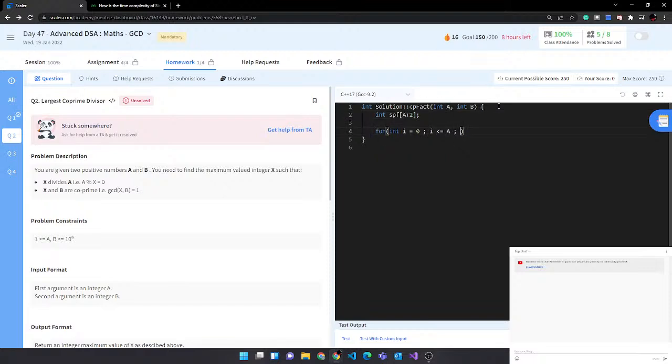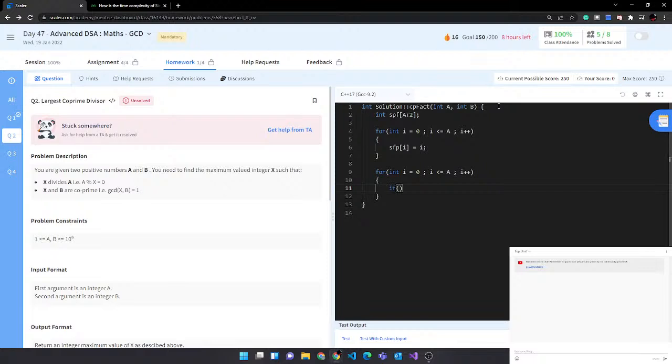A plus 2, I plus plus, so SPF of I is equal to I. Cool. So then we go for int I is equal to 0, I is less than or equal to A, I plus plus,